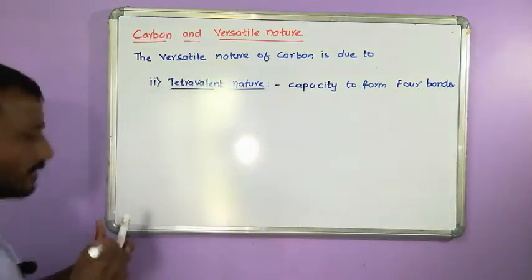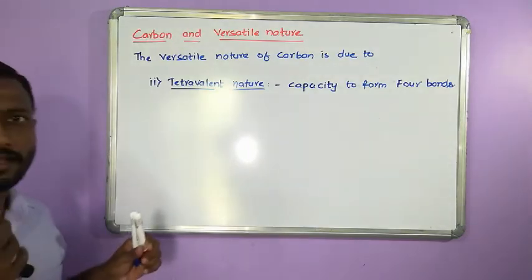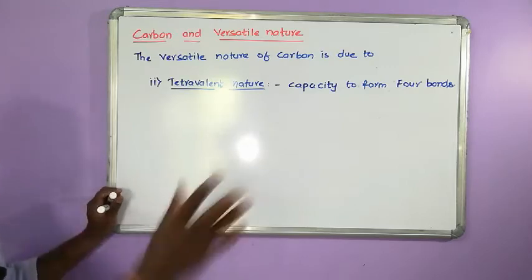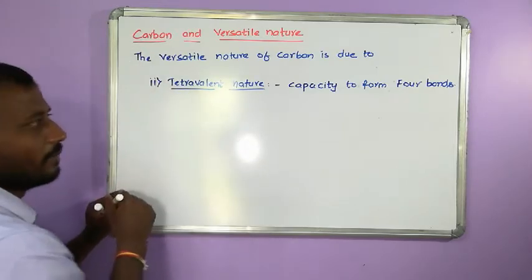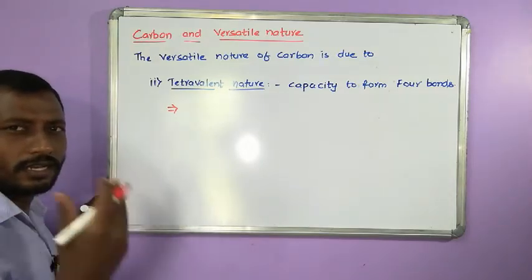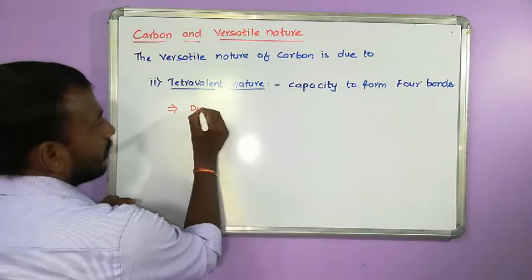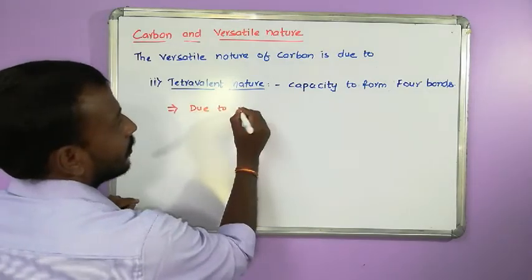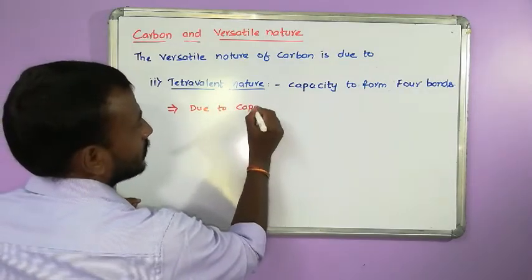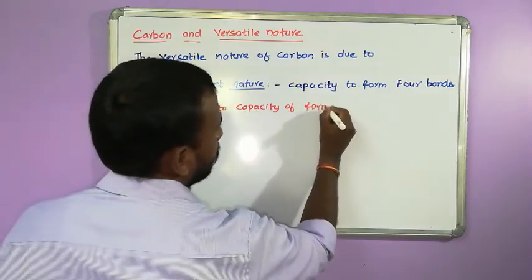The capacity of this carbon to form 4 bonds is making the carbon form different varieties of compounds by combining with other elements like oxygen, hydrogen, nitrogen, etc. Due to tetravalent nature, due to the capacity of forming 4 bonds,